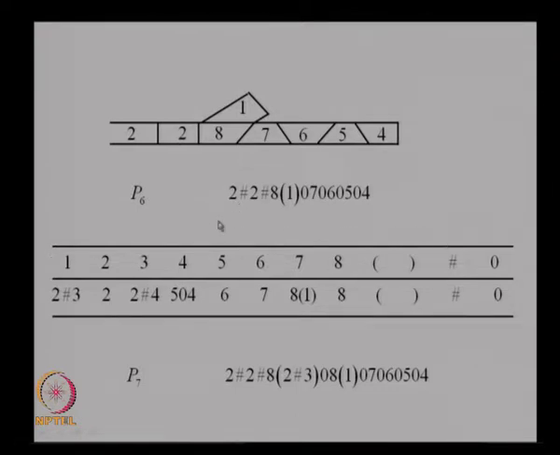These are the rules. So, 2 goes to 2, hash goes to hash, 2 goes to 2, hash goes to hash, 8 goes to 8, left parenthesis goes to left parenthesis, you see this, 1 goes to 2 hash 3. So, at this stage from 1 you get 2 hash 3, right parenthesis goes to right parenthesis, 0 goes to 0, but 7 goes to 8 1. So, at this stage you have from 7 8 1, 6 goes to 7, 5 goes to 6, and 4 goes to 504. So, the string obtained in the next step is this,